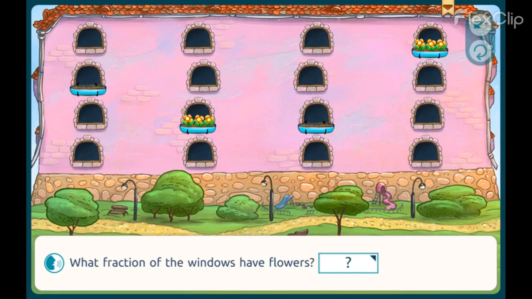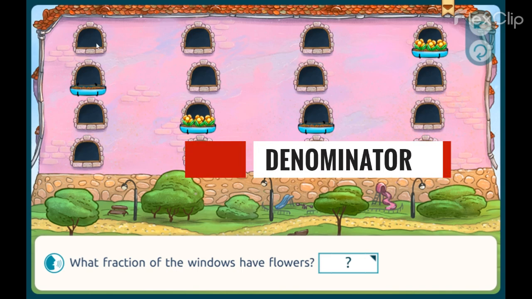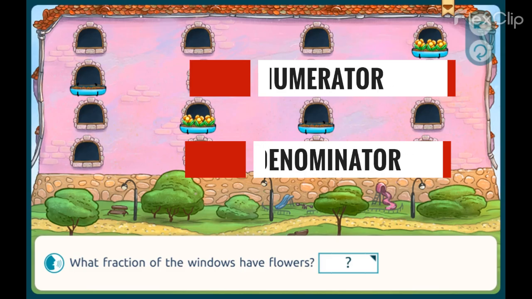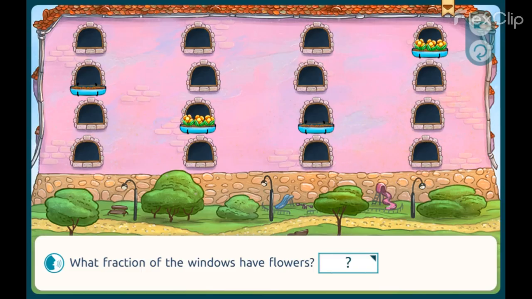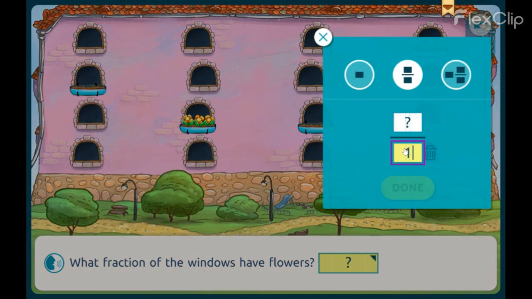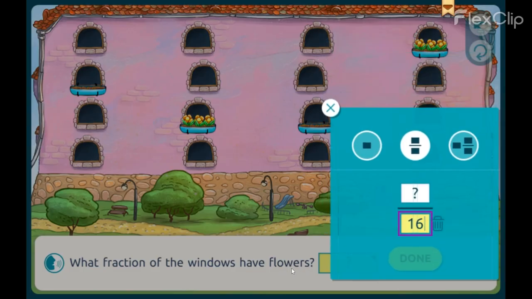All right. And now we are talking about fractions. Remember, fraction should have its denominator. The denominator sits down and it's the total amount of windows, and the numerator sits up, it is the total amount of flowers. We are counting by 4s, 4 times. So the denominator is 16, and the total amount of flowers, not the planters, but the flowers, is 2,